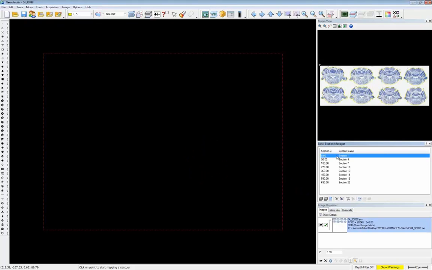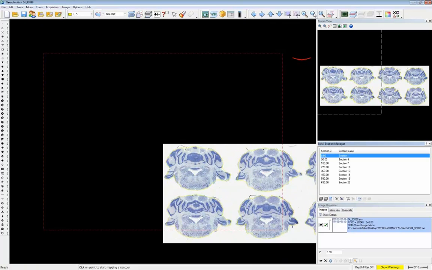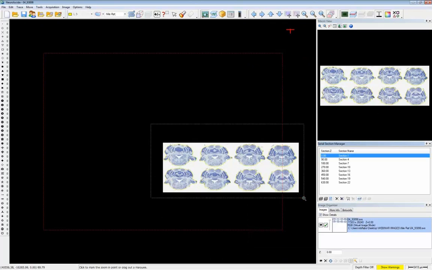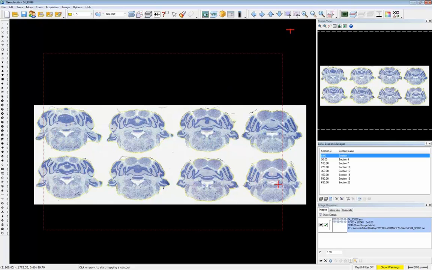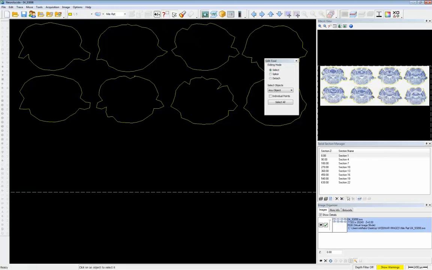And so now the serial section manager is set up, and I know that these sections are organized from bottom right to top left. So it goes 1, 2, 3, 4, 5, 6, 7, 8. And to add these individual contours to each serial section, I'm going to use my handy Where Is mode again and Edit mode. And so I'll select my section,